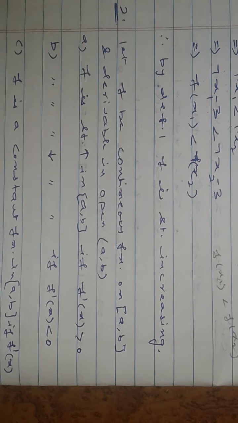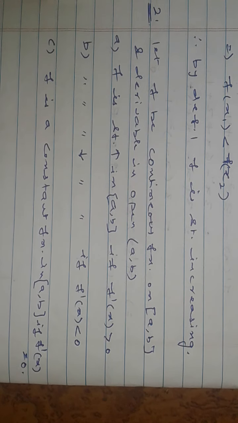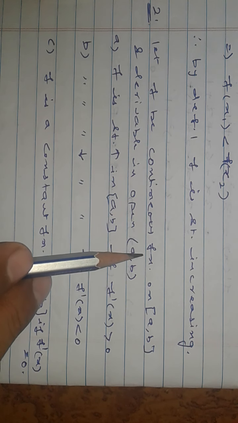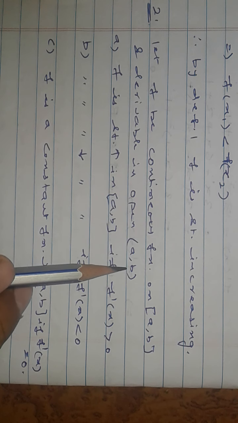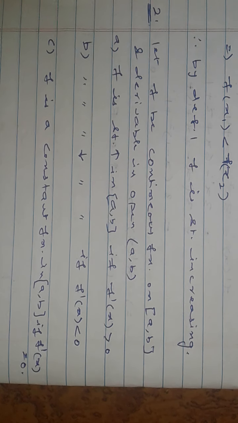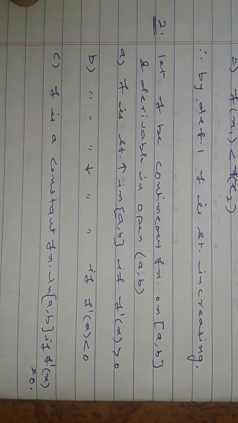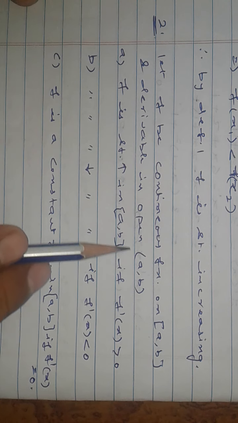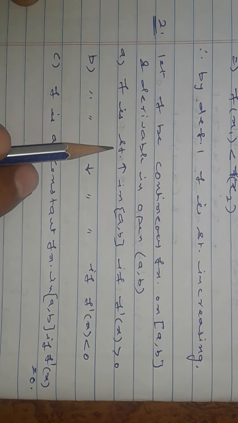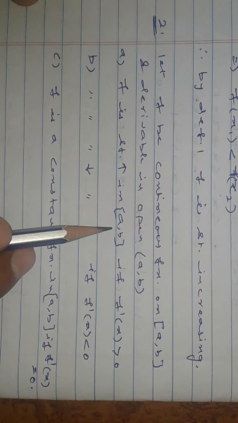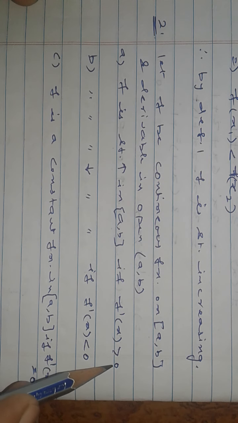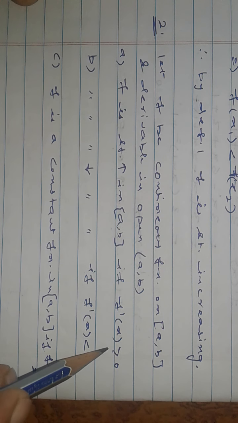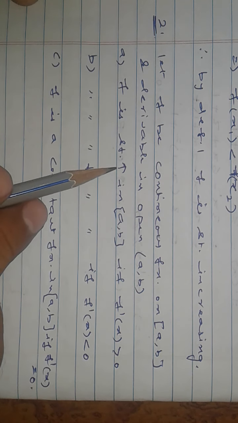Now the second method to check increasing and decreasing functions. Let f be a continuous function on [a, b]. This part is Lagrange's mean value theorem part, and that is deleted from the syllabus in chapter 5. So let f be continuous in the closed interval and derivable in the open interval (a, b). Then f is strictly increasing in (a, b) if f dash x is positive. Means a function is given, we find the derivative of that function, and if that derivative is positive, then the function is strictly increasing.